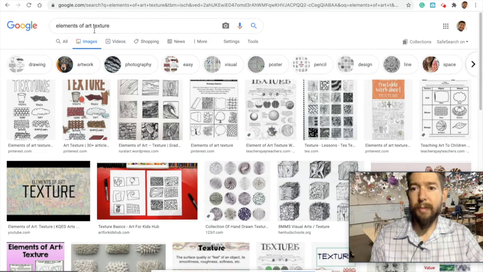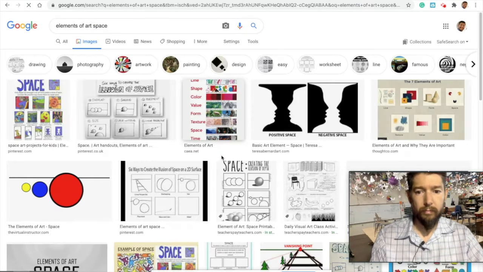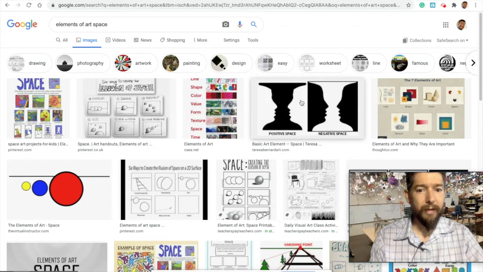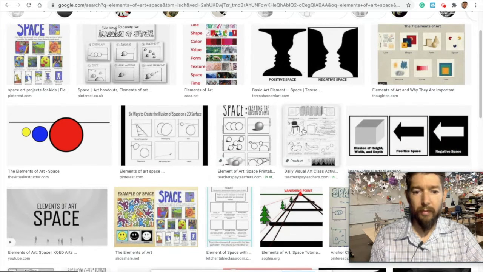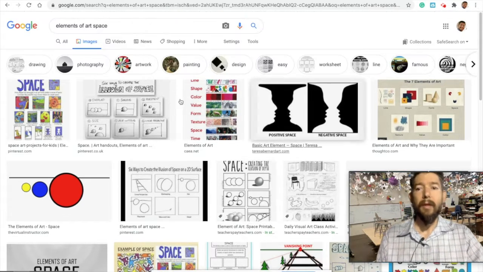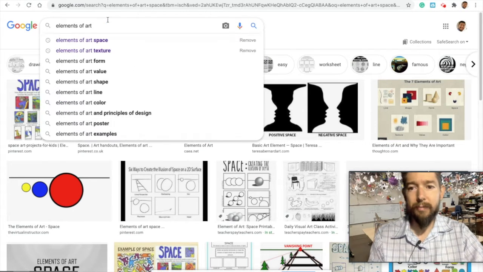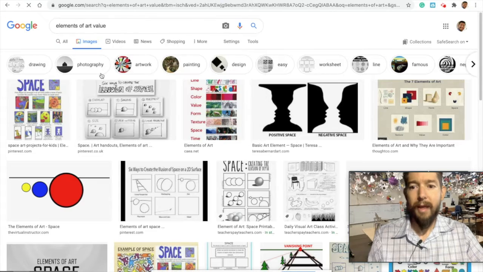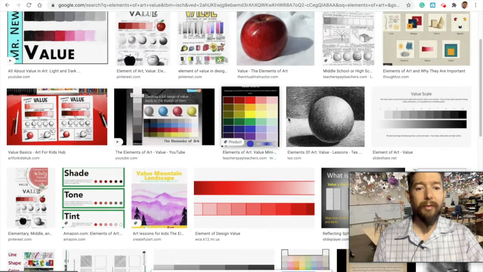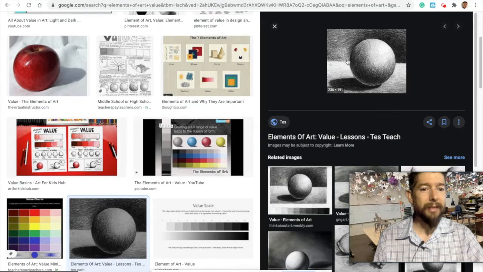Or if you're confused about space, this is positive negative space versus close space versus far space, giving the illusion of depth, like these are close and that one's very far away. So go ahead and do some research looking up each element, and that should help you figure out how to include each one of the elements inside your Name with the